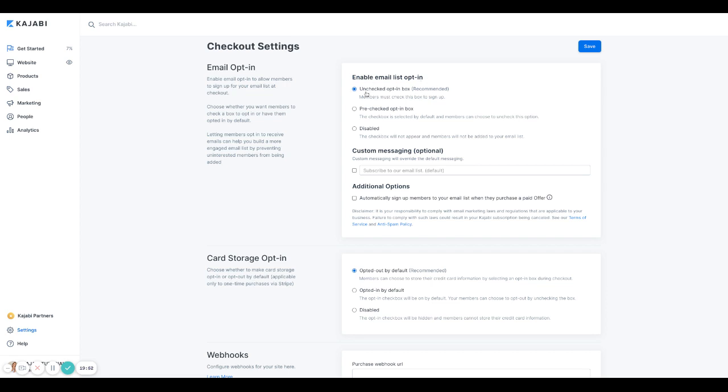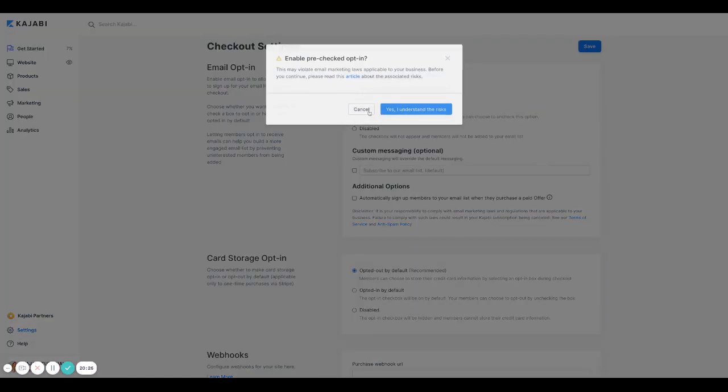opt-in. So the unchecked opt-in box means your default setting on your checkout form is a box that's unchecked that they have to check to say that they want to opt into your emails. So it will default to an unchecked box. They say that's recommended. However, it is a real pain in the butt when people don't notice it and they don't check it, because then any important emails that follow them purchasing your program, they won't get because they didn't opt into your stuff. So I would suggest doing the pre-checked box,